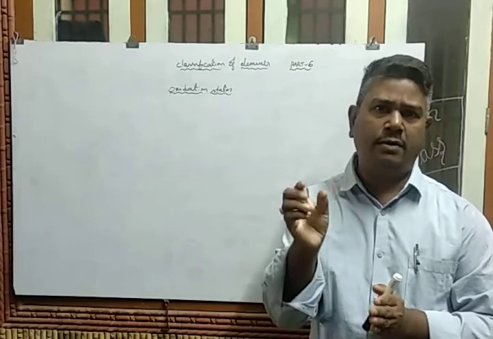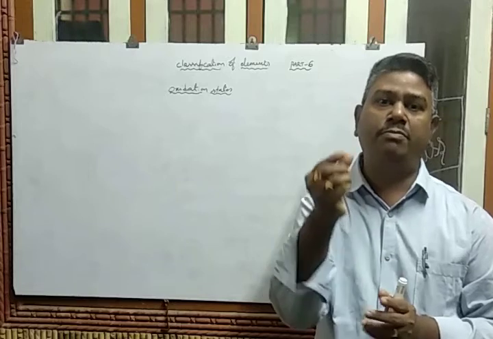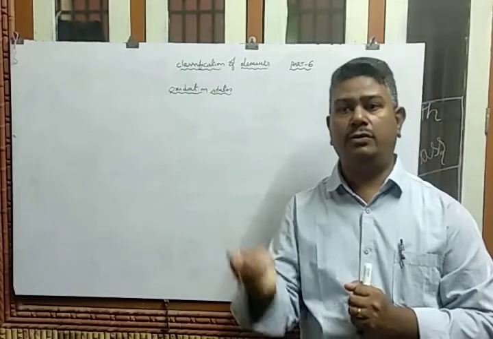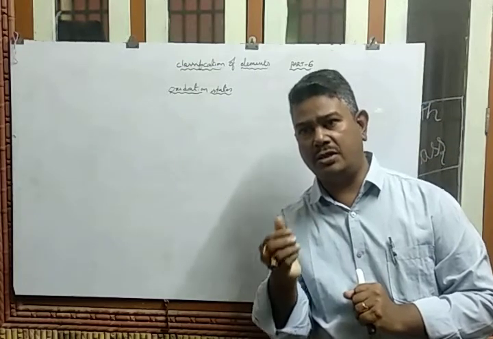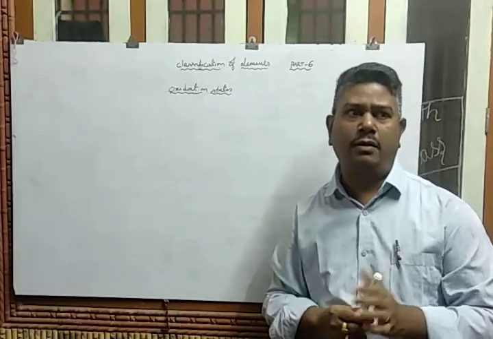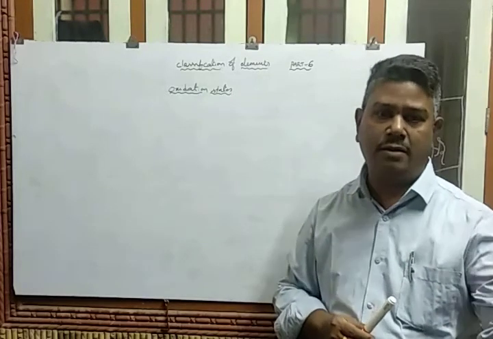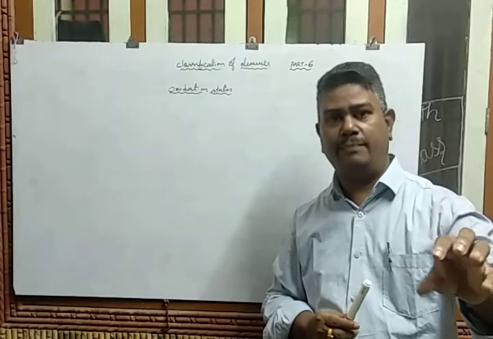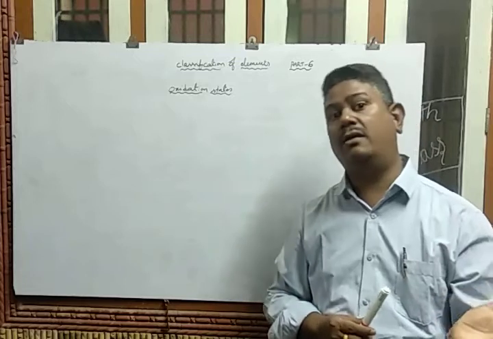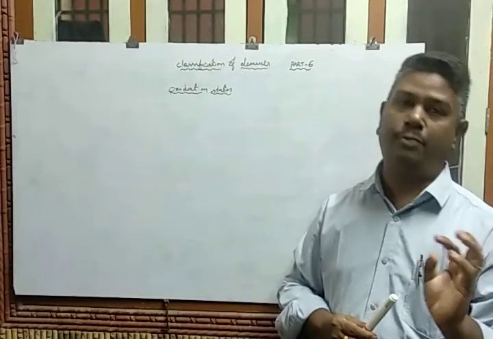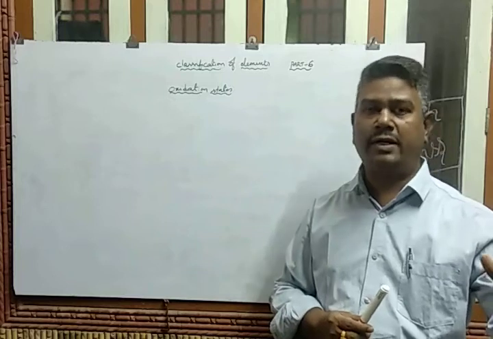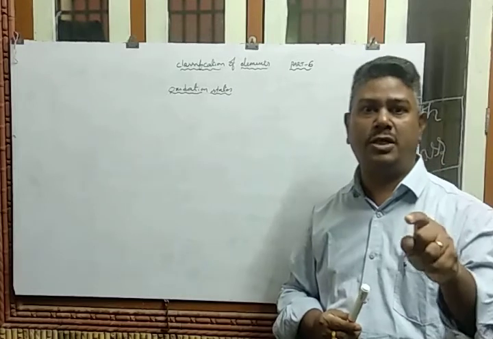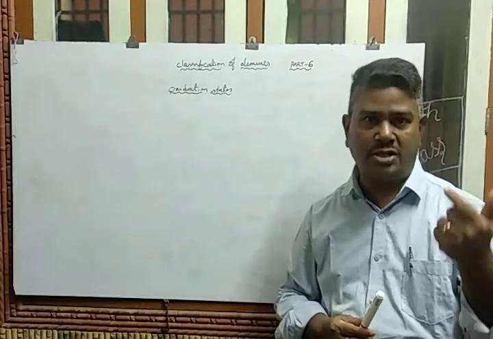So while observing valence, we should not mention either a positive or negative sign before the numerical value. Once you mention any sign, then it is termed as which one? Oxidation state. Here it means the number of electrons gained or lost for getting an octet. The electrons gained are represented with a minus sign, and the electrons lost are represented with a positive sign. So if an element loses any electron to get octet configuration, it acquires a positive charge, and it is said to be a positive oxidation state.